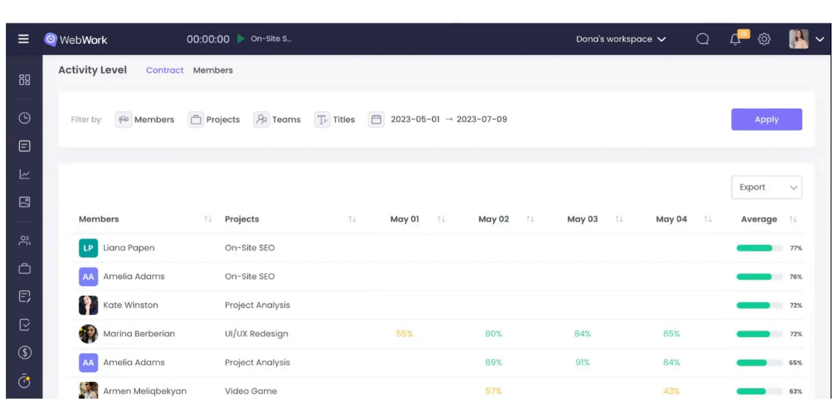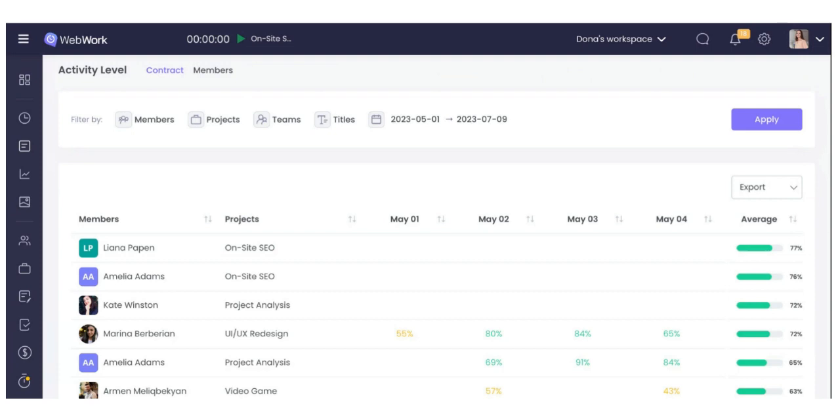which is mainly based on a creative formula created by our engineering team to scale the productivity based on keyboard strokes and mouse clicks. Let me highlight here that this activity level can be detected and tracked in case you are using the desktop application. So the report is showing according to percentage. You can view it either by contracts or for teams, and WebWork offers